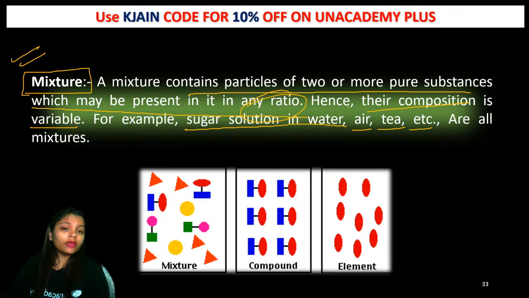Why air? Because if I'm sitting in this room, you can calculate how much nitrogen is present and how much oxygen is present here. For example, the moles of oxygen present in this room are, let's suppose, 10 to the power 4, and the moles of nitrogen are 10 to the power 5. But is it the same for the other room? It will be different, right? Because nitrogen and oxygen make a mixture, not a pure substance. If I am taking oxygen and nitrogen together, then this is forming a mixture.